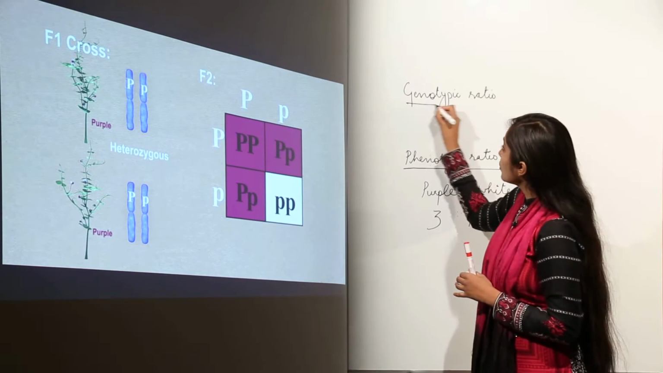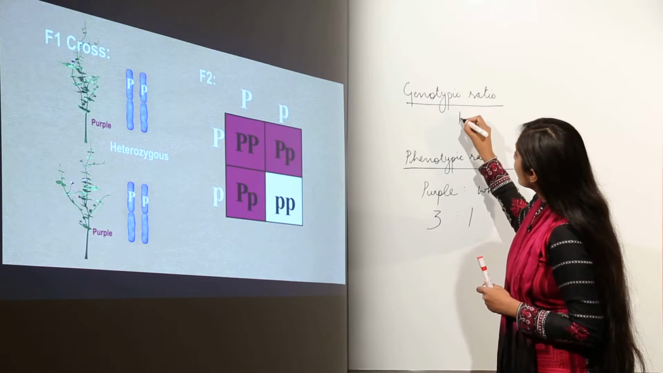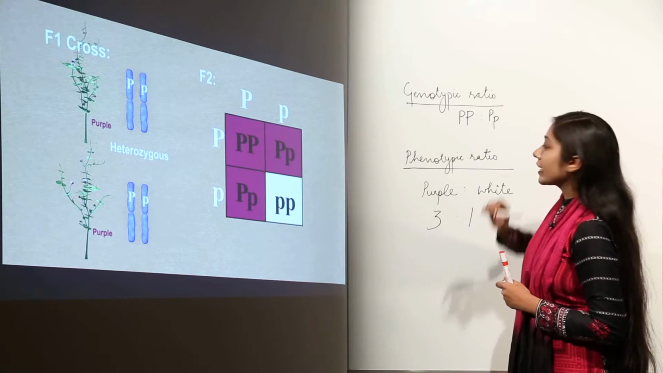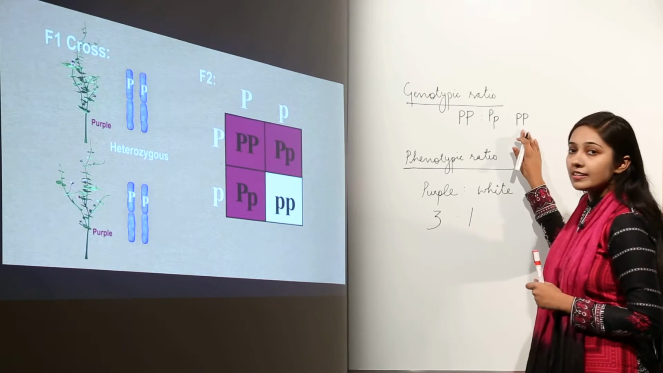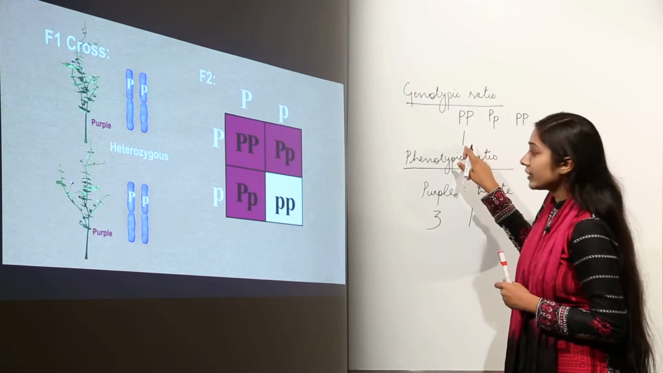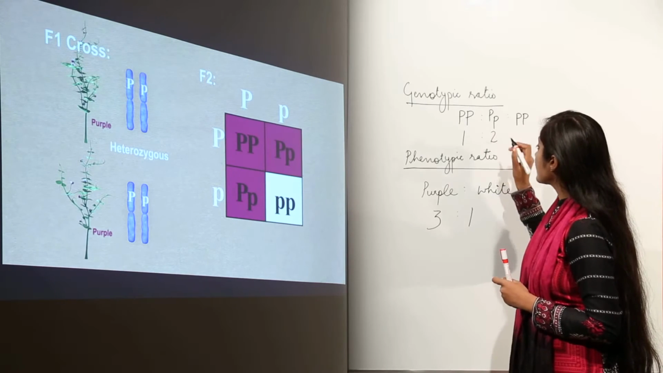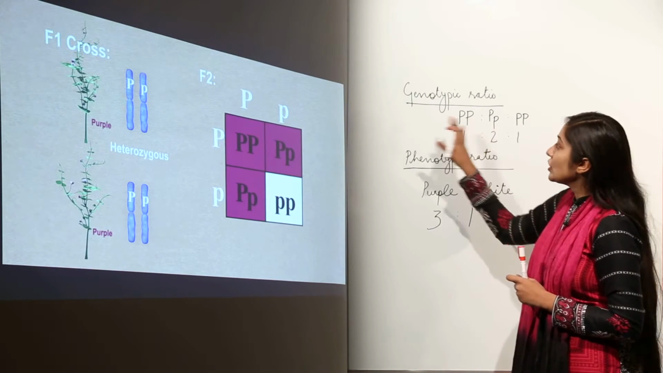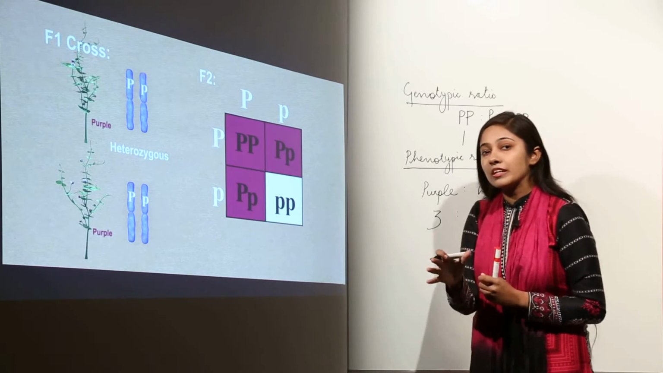But when we talk about the genotypic ratio, what different types of gene combinations do you see? You see, we have homozygous, right? Then we have heterozygous plants with purple flowers, and then we have purely recessive homozygous plants which have white flowers. So, we have 1 plant with this type of genotypic trait, and we have 2 plants with this type of gene combination, and we have 1 plant with this type of gene combination. So, genotypic ratio becomes 1:2:1,